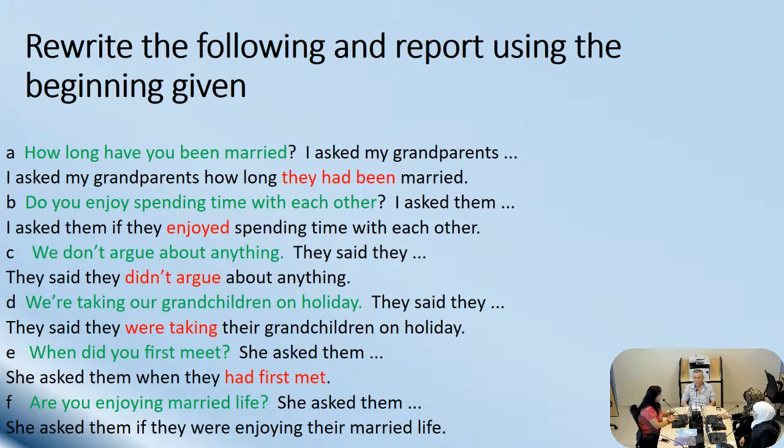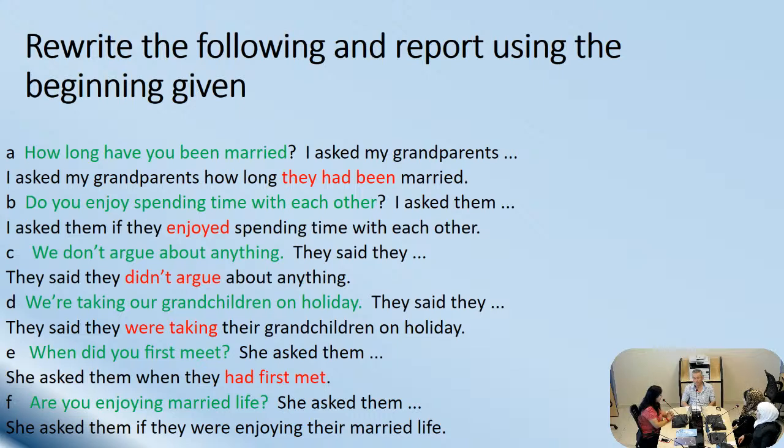How long have you been married? Now, for example, here we've given the introduction: I asked my grandparents, so the new subject is they. This is the way the students may receive the question in the exam. The beginning is very clear. So the sentence is going to be, I asked my grandparents how long they, because my grandparents are plural. The pronoun for plural is they. How long they have been married would go one tense back, and it's going to be past perfect.